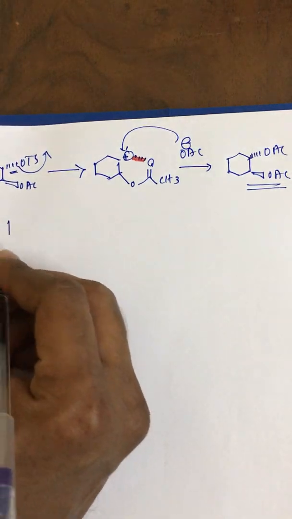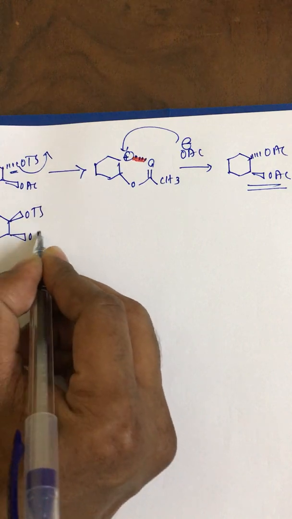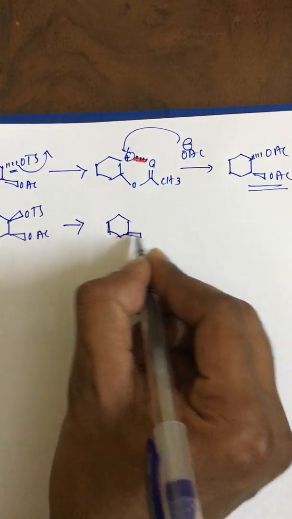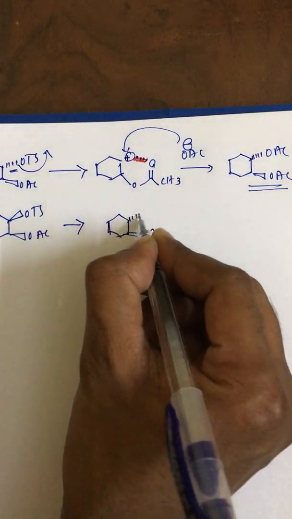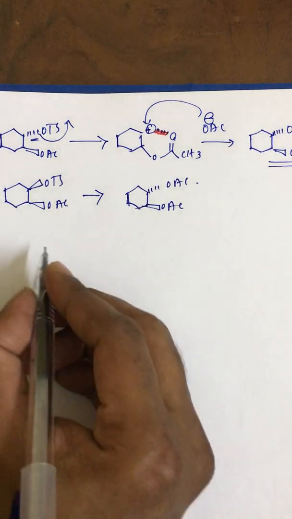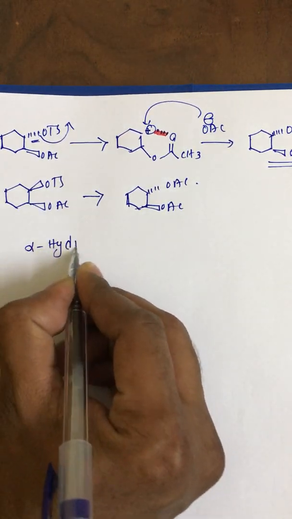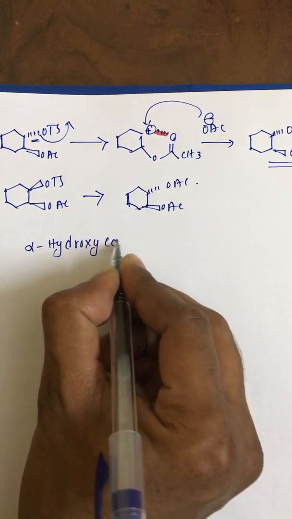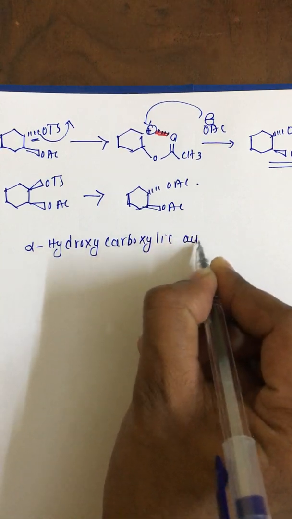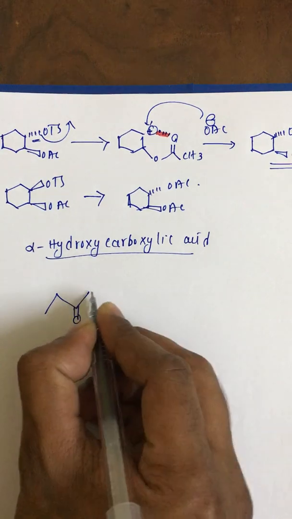And when we have a cis compound, this will be slower in reaction, and here we'll get an inverted product. And we can see this neighboring group participation in the case of alpha hydroxy carboxylic acids also. Like this, when we have this compound,